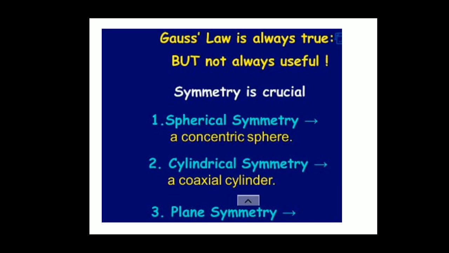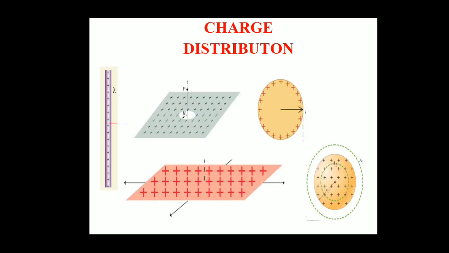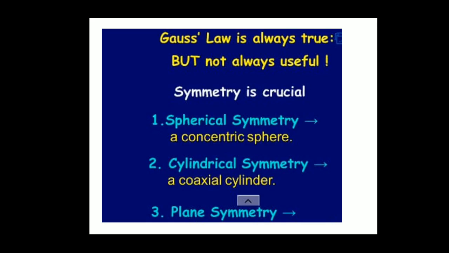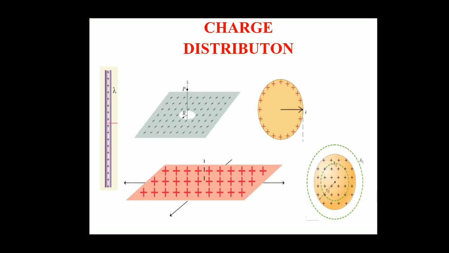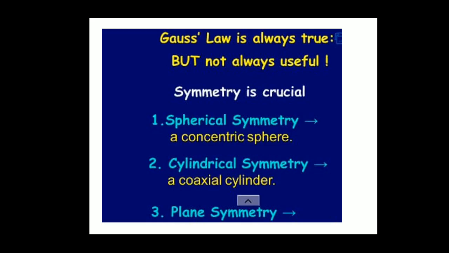Now when we apply Gauss law to calculate the electric field for some charge distributions, have you remembered? Already we studied some charge distributions. These diagrams are the different types of charge distributions. These charge distributions give some particular surface, particular shape. So some symmetry is needed when we study Gauss law. Then it is a little bit easy to get the expression. There are three types of symmetry: one is spherical, another is cylindrical, and the third is plane symmetry.